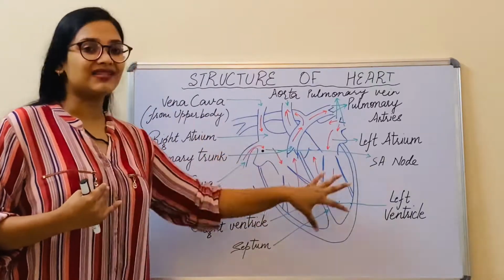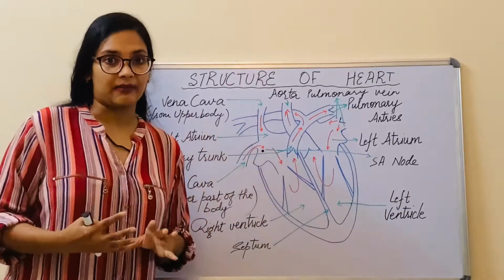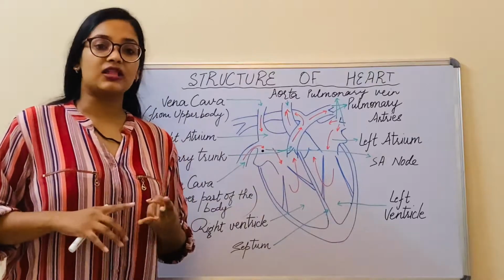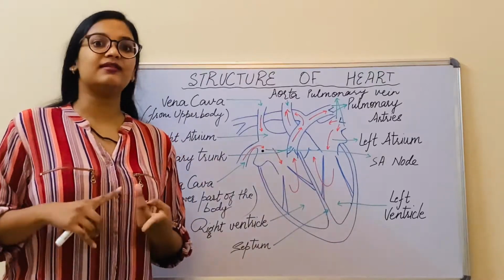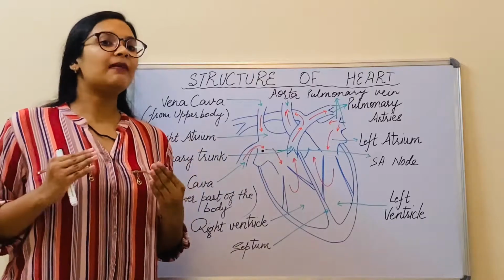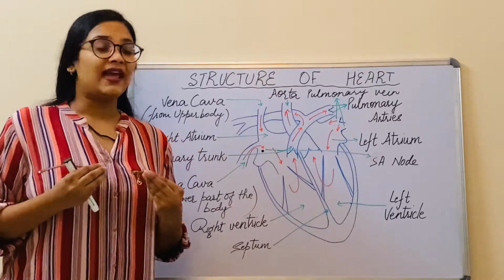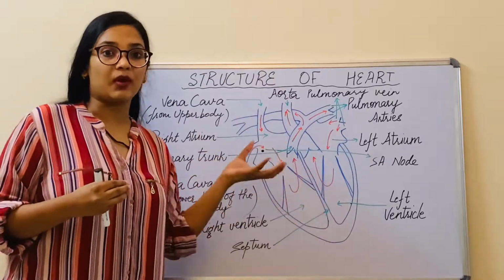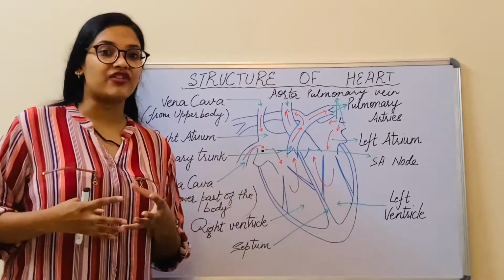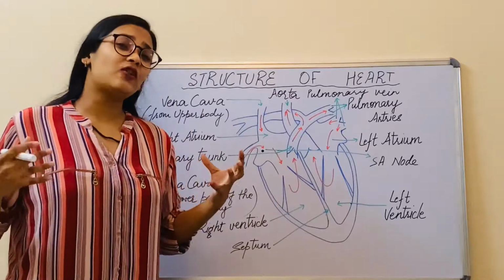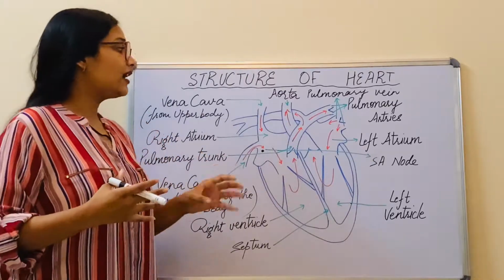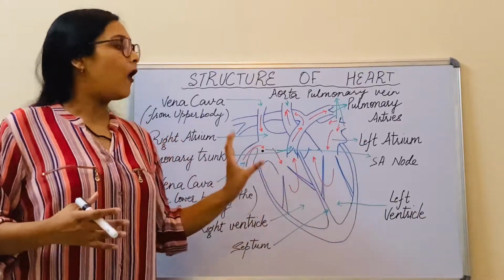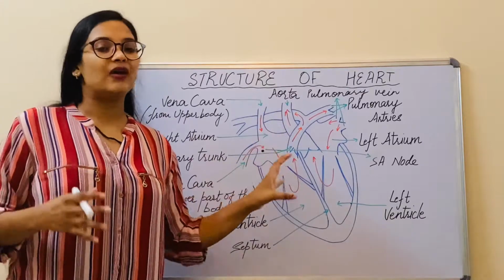Now all the muscles in the heart are the cardiac muscles. As you already must know that there are three kinds of muscles: the smooth muscles, the skeletal muscles and the cardiac muscles. The thing about the cardiac muscles is that they are especially structured in such a way so that they can pump together in a rhythm, and the contraction is so powerful so that the blood from the heart can flow through all the parts of the body, all the corners of the body without any delay.